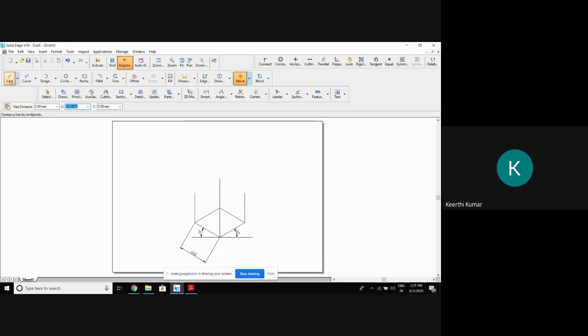Then what you're supposed to do? Join the corner of the line, one end of the line, here, end of the line, end of the line, end of the line. Completed? Join with the thin line. First, draw everything with the thin line. Then you make it thick. I'll explain how to make it thick later. First, you draw with the thin line and get ready with the cube. Cube is done.